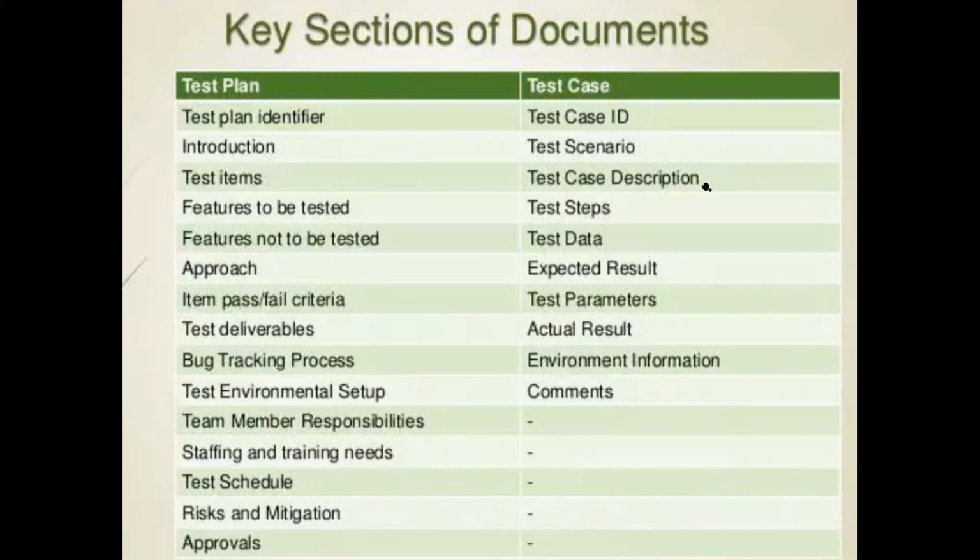Test case description: for what purpose we are carrying out the test. The steps: how many steps, five or seven. And test data: what inputs we are going to give and what outputs we are going to retrieve. And expected result: if those results are attained, it is okay; if unexpected results are retrieved, then we need to consider. Parameters: say in a function we have 15 parameters, we may not consider all 15, only the major five or six. And the actual result, environment information and other comments. So these are the elements of any test case.